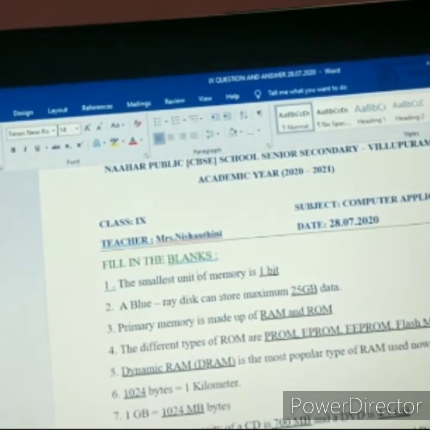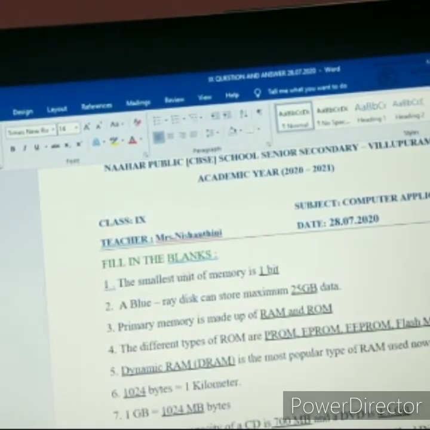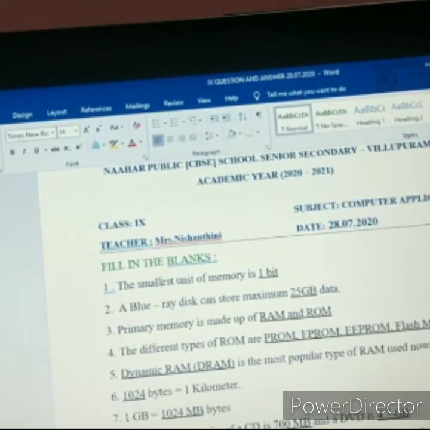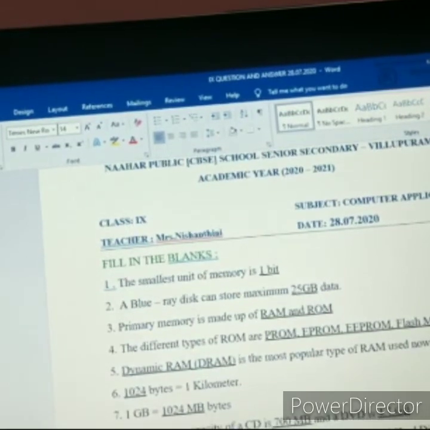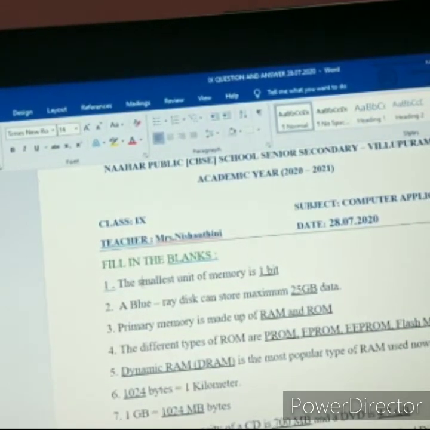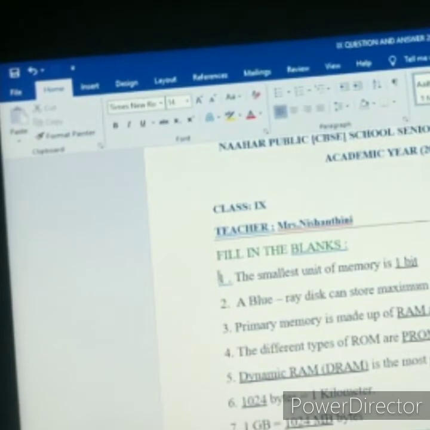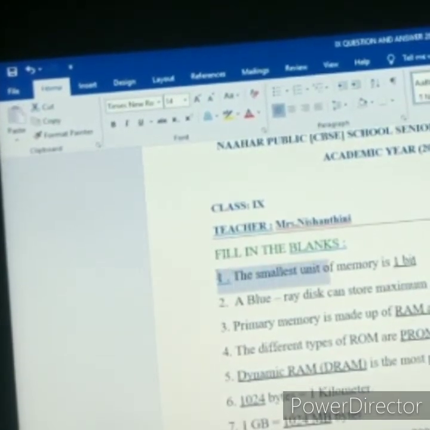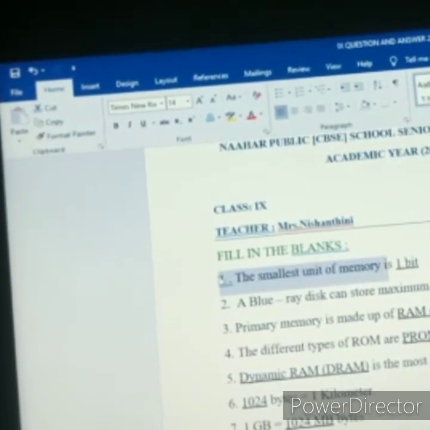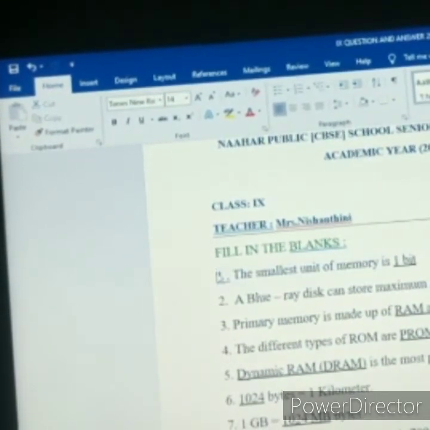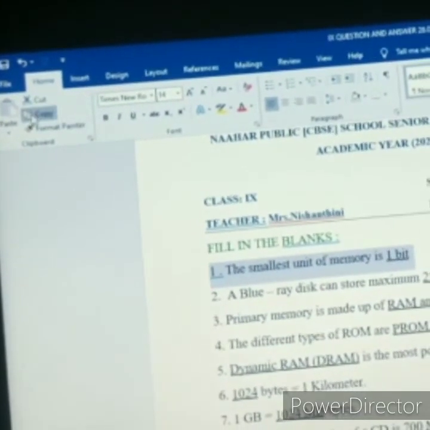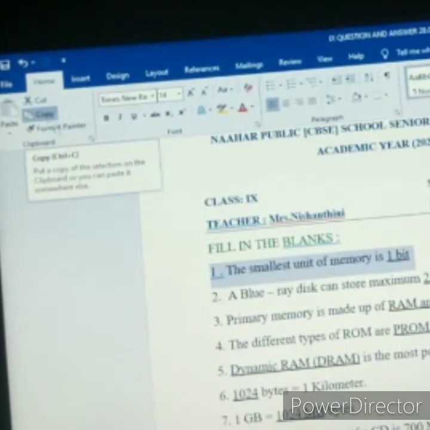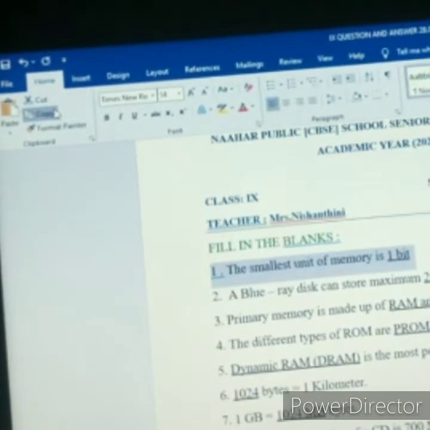Next, copying text. How to copy your text? Copying a text and copying your document is a very useful feature of Word. For example, I want this entire line, but without deleting anything. So how do you copy? Just select the entire line. Next, see here there is an option to copy. Just click, it is copied now.